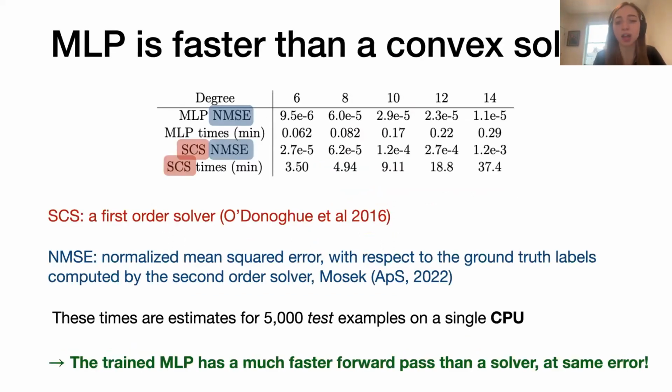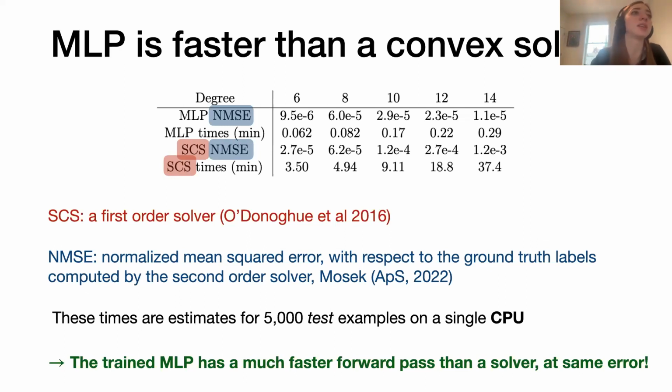But one high-level takeaway, even a little separate from the equivariance, is to note that just across the board, the MLP is way faster than a convex solver. So even without thinking about equivariance or data augmentation, just looking at forward passes, this hopefully validates that this is an interesting direction to go in. Obviously, you're putting in extra time to train the MLP, but when it comes time to look at a fresh example, you're getting a significant speed up, even from this distribution that we sort of contrived and maybe isn't incredibly